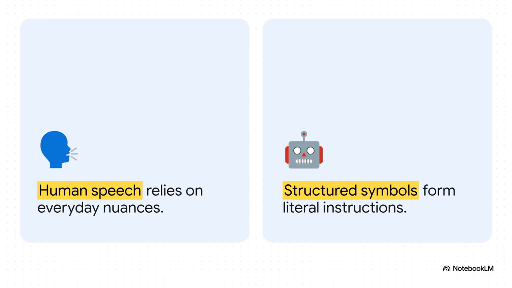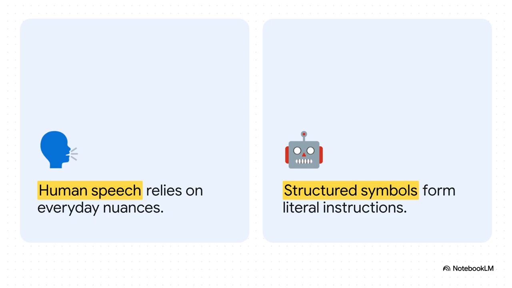On one side, we have everyday human speech, like English. It's fluid, it's kind of messy, it's full of slang, and it relies heavily on emotional context, right? But on the other side, we have robot speech, which consists entirely of code and symbols. It is rigid, highly specific, and totally literal. We are essentially trying to speak poetry to a brick wall, and it just won't work unless we completely change